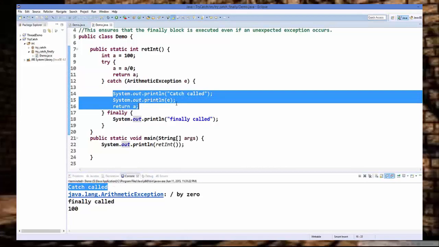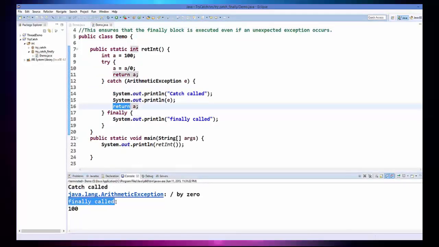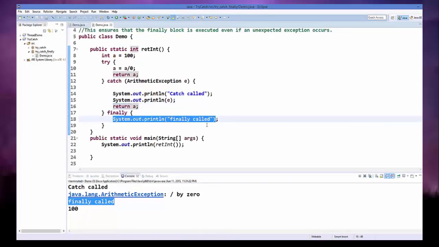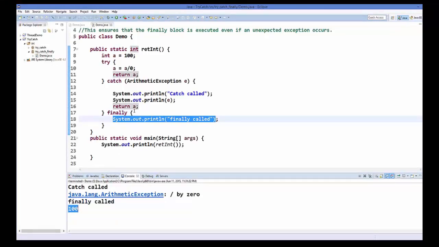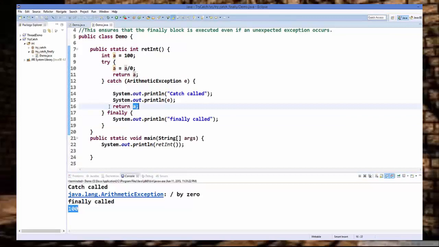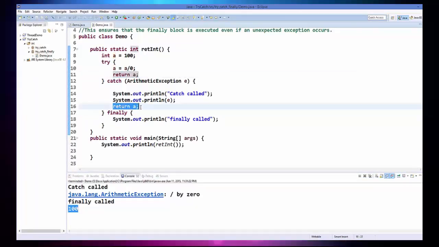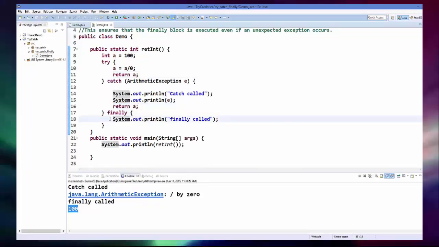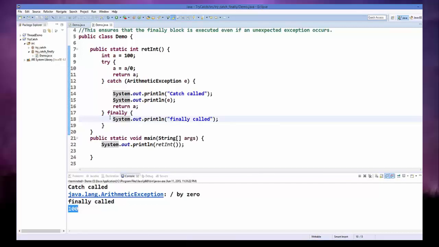It goes here and first of all it calls this finally block which prints this message finally called, and then only we will be able to see this 100 which is returned by this return. So it doesn't matter if you return from the try block or catch block, finally will be called in that situation also.